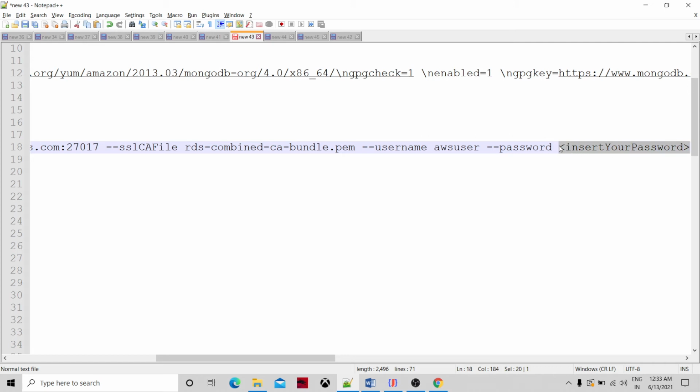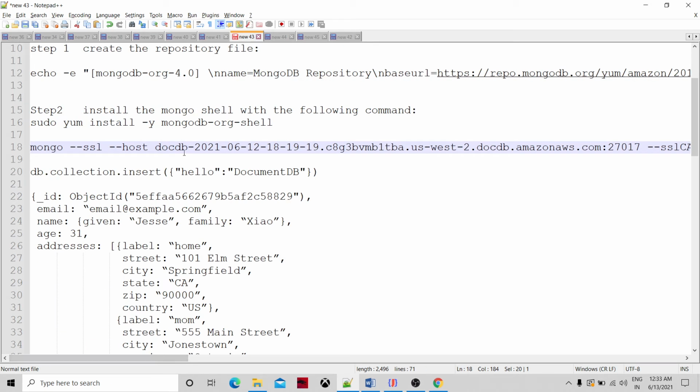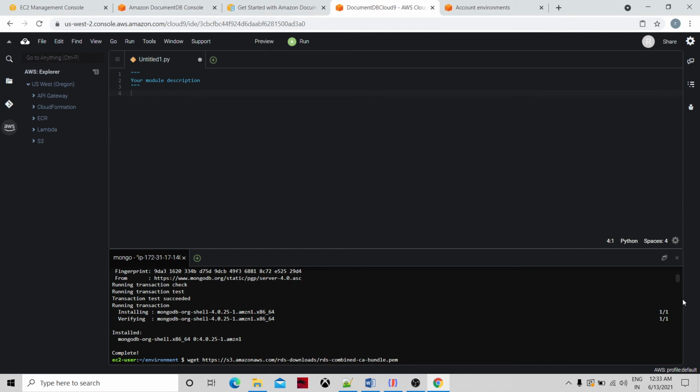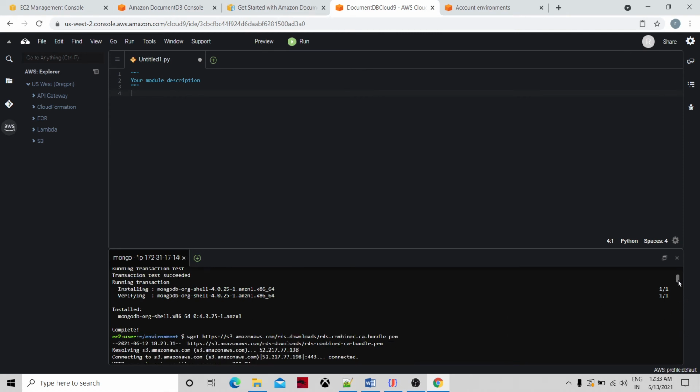Like the password I had while creating the cluster, where it was asking for a password. So that password I need to give. As soon as you give the password and press enter, then you will be seeing the